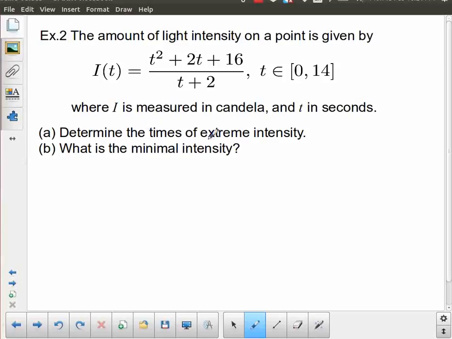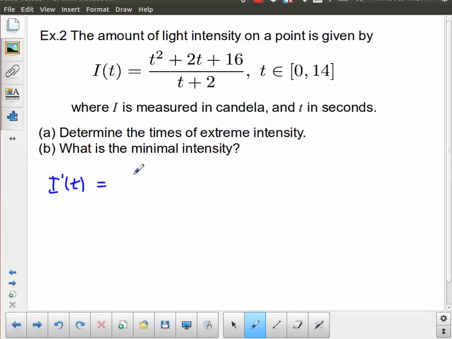Determine the times of extreme intensity. So at what times do we have extreme intensity? And what is the minimal intensity? So in order to do this, first of all, we're going to need to take the derivative, I prime of t. I'm going to go ahead and use the quotient rule for this, which is going to be the